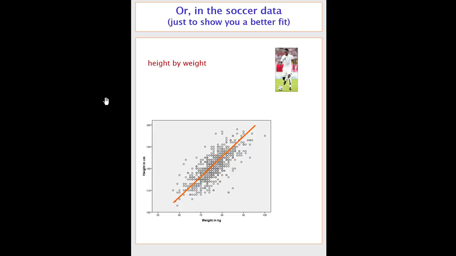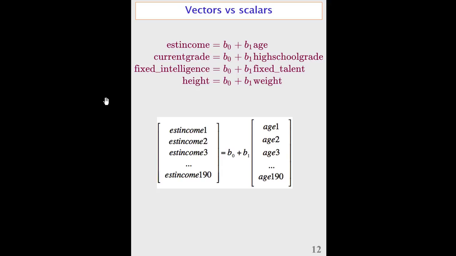Okay, so all these kind of things, trying to estimate the best fitting line in there, and the way in which we do it, that is vector algebra. So just to make that as clear as possible, what we're trying to estimate, the orange lines, is this thing. This is for the first one. We have a vector here that's estimated income for the first person in the data, and the second and the third, and number 190 in this example,